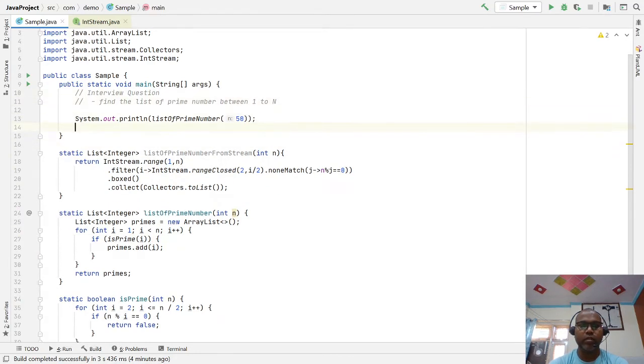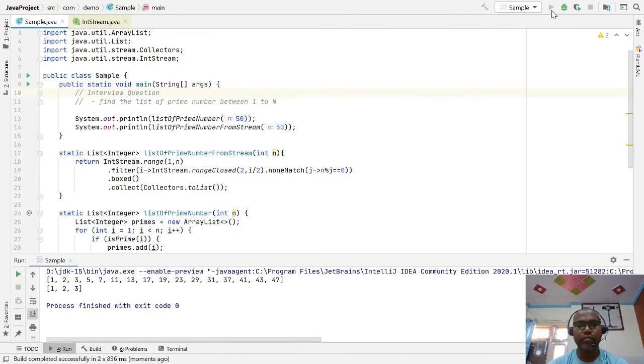Just check the same output, a list of prime numbers for 50, and if you run it, oh, there is an issue. This is the number divided by 2.